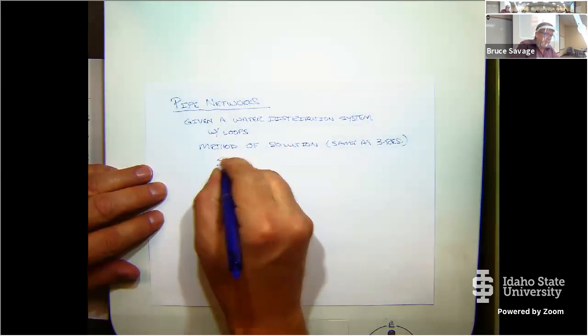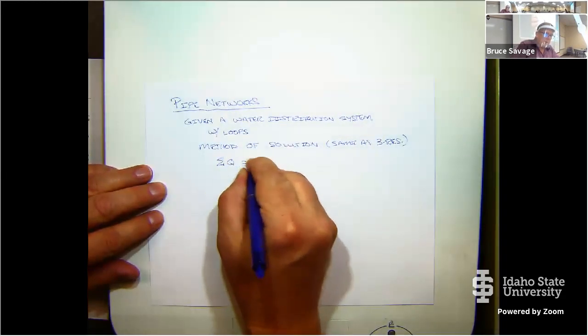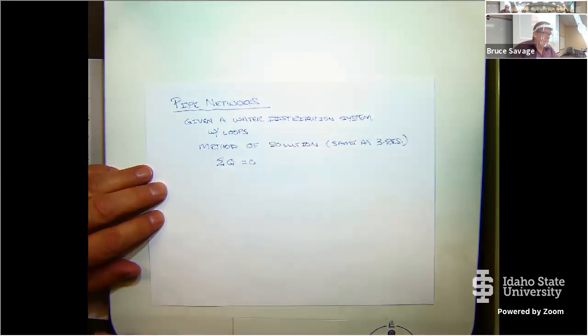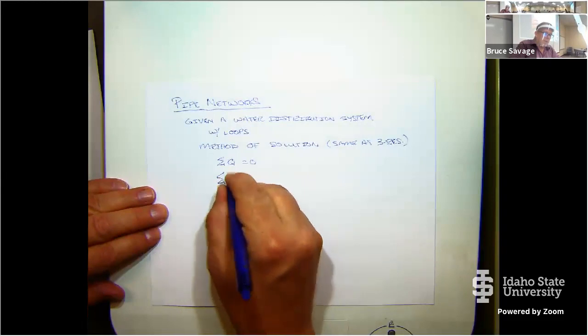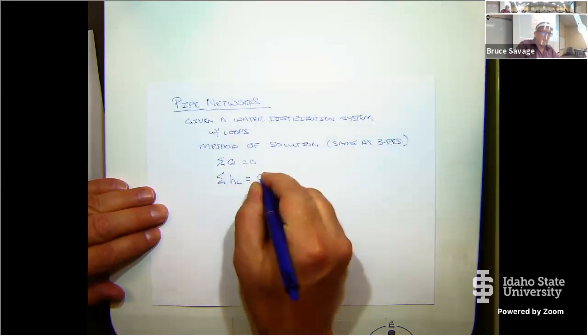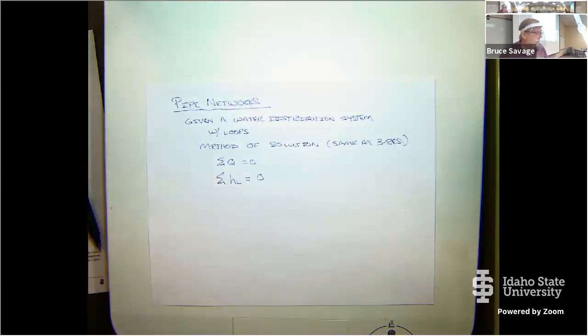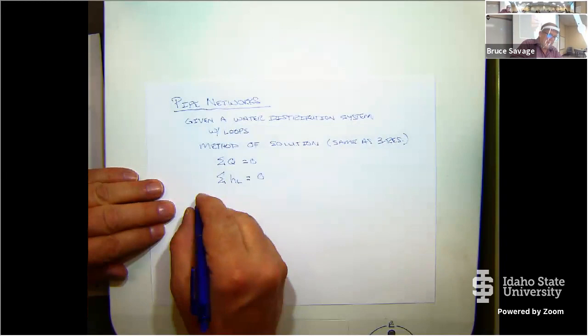Primarily that the sum of all the flow rates equals 0, and the sum of the head loss equals 0. If we can meet those two constraints, then we have found the solution to our pipe network. All right. Now, as an example,